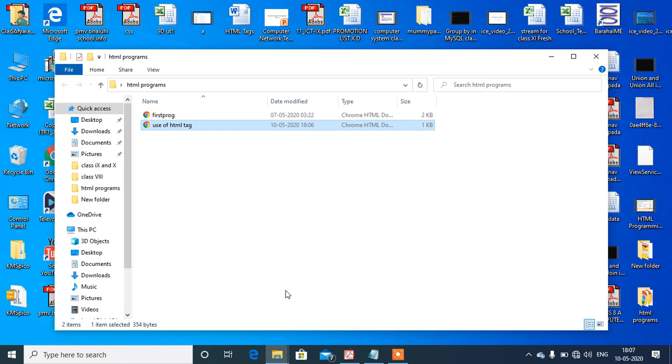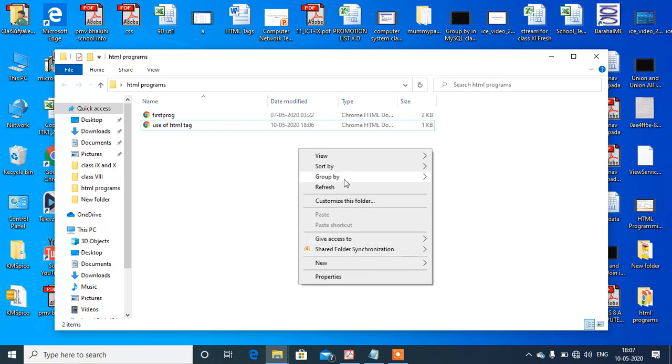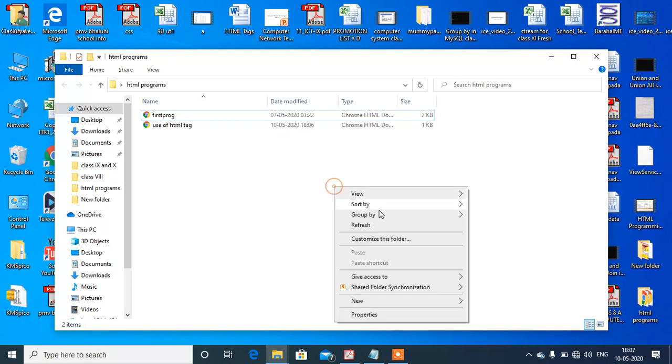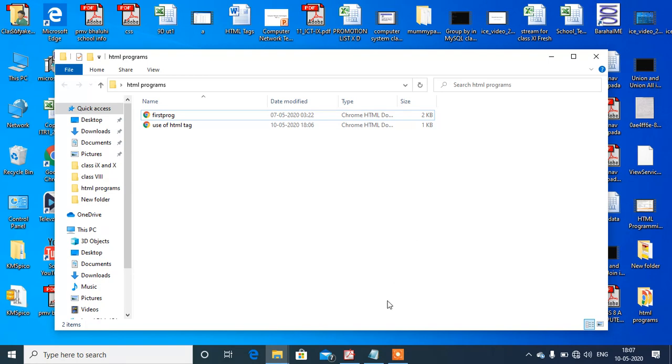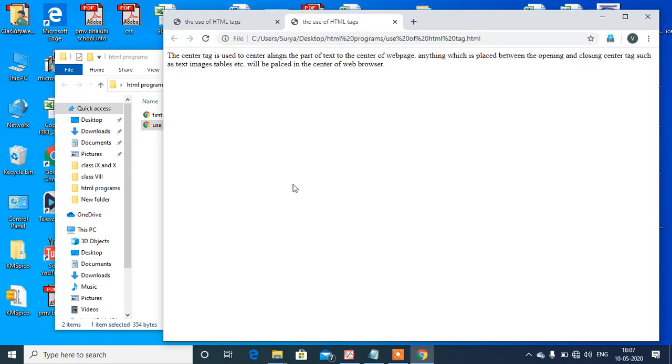Now it will take some time according to the speed of your computer. My computer is heavily loaded, and that is why it is taking some time. I am again trying to open it. Now you can see this is the program which I have designed.